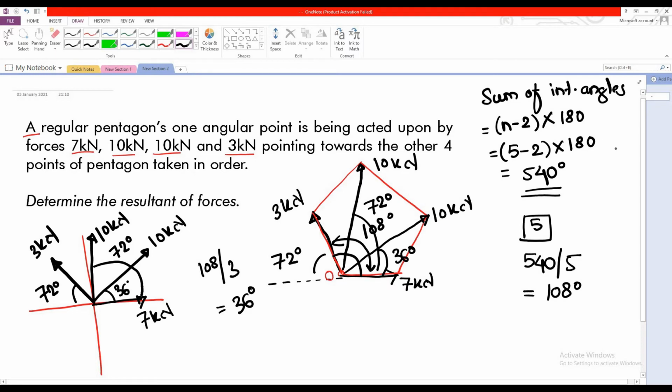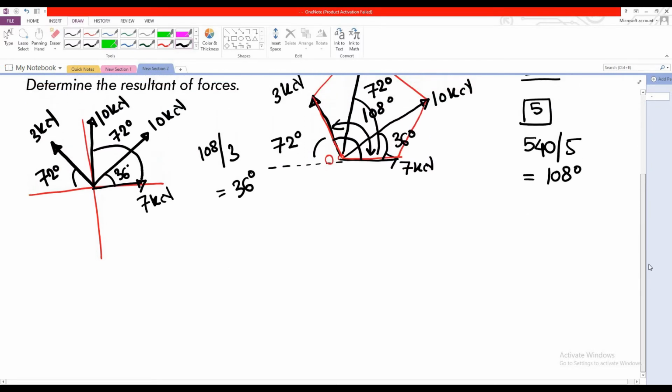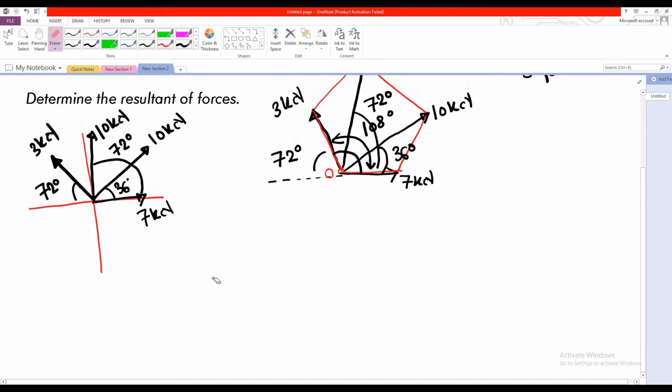Now what we have to do? We have to follow the procedure for determination of the resultant, which is first to determine the components. Then we carry out the summation Fx and summation Fy. Then we determine the magnitude of the resultant. Then we determine the inclination of the resultant, finally the quadrant, and in the end, the solution comes out in the form of a diagram that shows the XY axis and the position of the resultant.